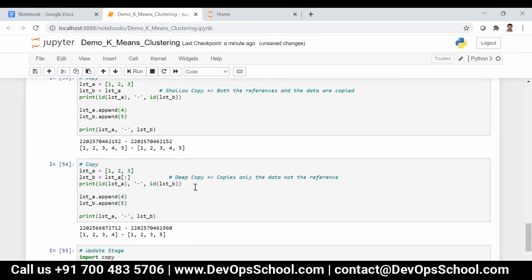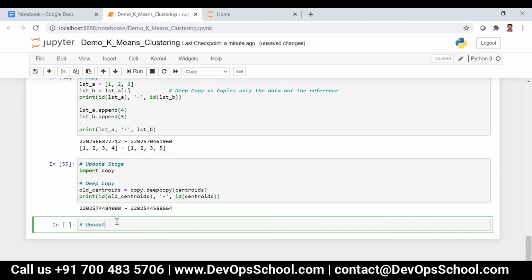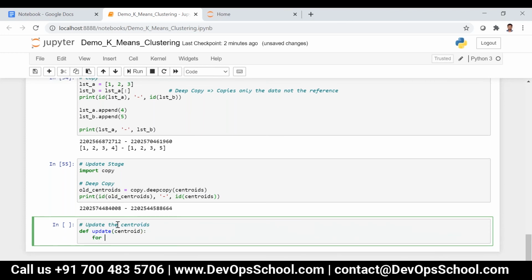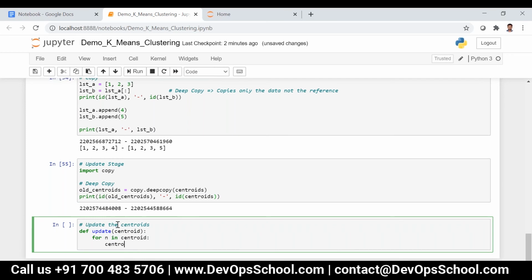Okay. So now we are going to update the centroids. Let's say def update centroid. I can write for n in centroids, that is centroid, then centroid of n and first 0 point. That is, we need to update 2 different points, right? I can write np dot mean, and then df